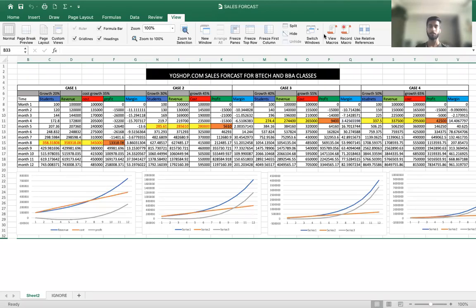Hello, I'm Shivang Mehta. In this session, we are going to analyze the sales forecast for B.Tech and BBA courses launched by yourshop.com. Yourshop.com is committed to inculcating work experience in students of BBA and B.Tech, so they can really know what they can do and what they have to do in future. So let's go ahead and see the sales forecast and the profit and revenue margins